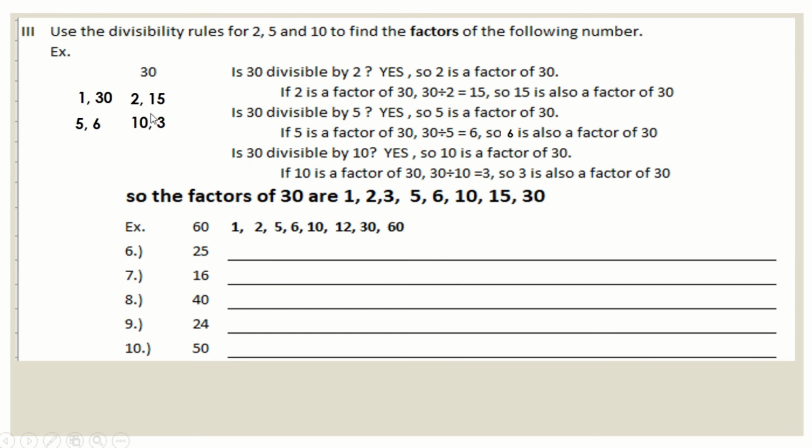Okay? So, we will list them. We have to rearrange it from smallest to biggest. So, we have 1, 2, 3, 5, 6, 10, 15, and 30. So, that will be your answer there. You have to list down all the factors. Remember, we're just going to use divisibility rules for 2, 5, and 10. With some numbers, you might find some other factors. But for the meantime, what we are looking for is we will be using only the divisibility rules for 2, 5,